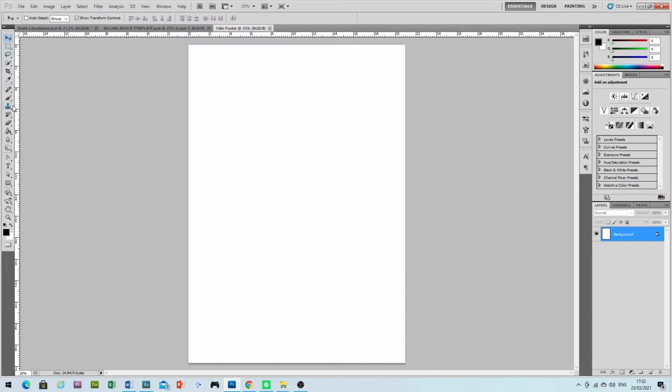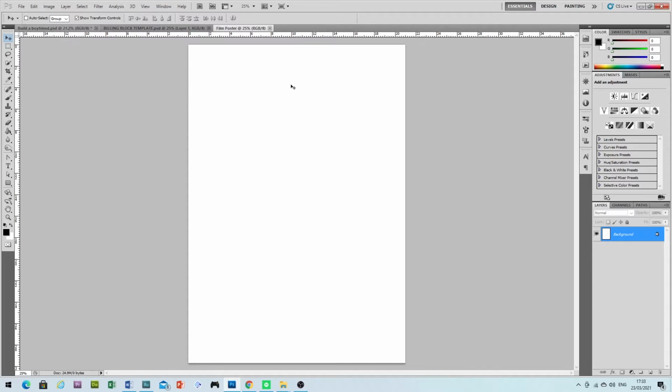Always make sure you're using the right tool for what you're doing. One of the biggest mistakes I see students make is that they try and move things around without checking the tool that they are using. So always start off by having a look at the tools on the left hand side. Have a little look and you can pick the tool that is right for the job. Other than that, most of the main things in here are going to be circumstantial, so we'll come to those